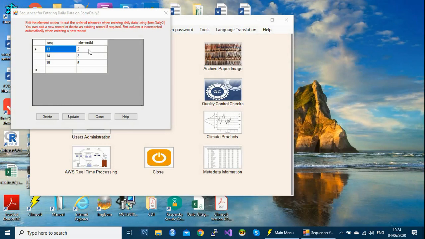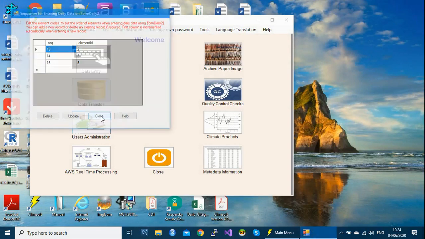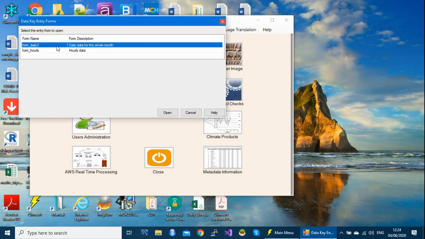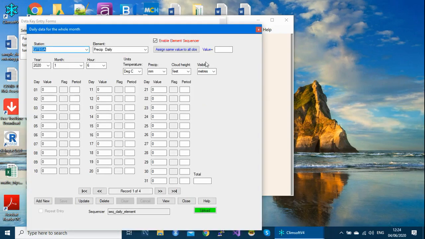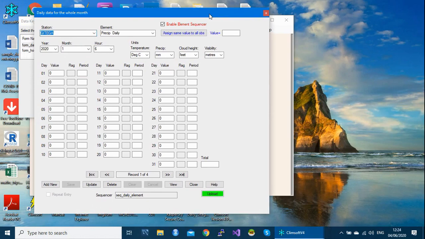So we start with maximum, minimum, precipitation for one day. After this, it goes to the next day, maximum, minimum, precipitation, and the next day again. Let's see how it works.